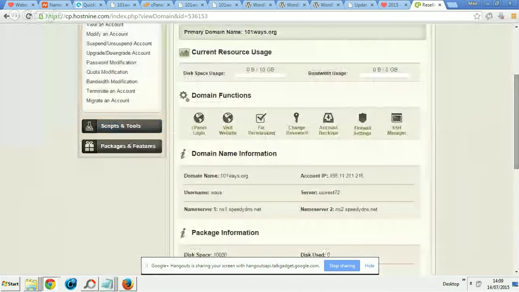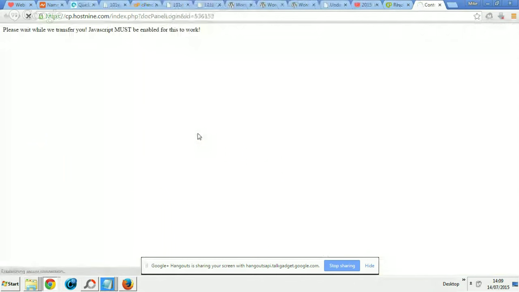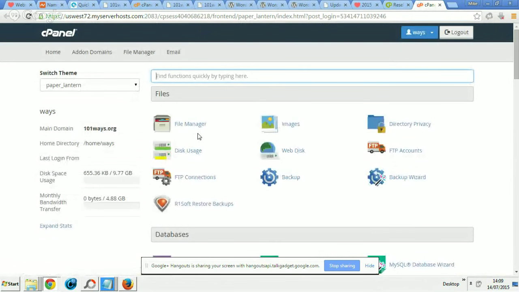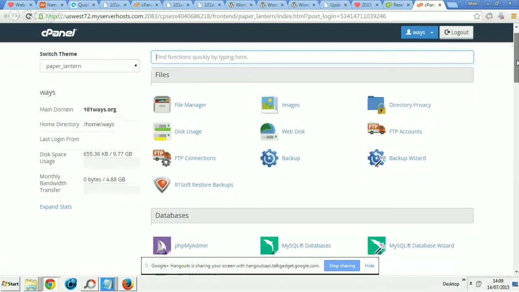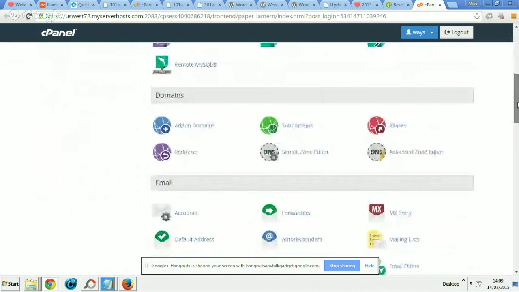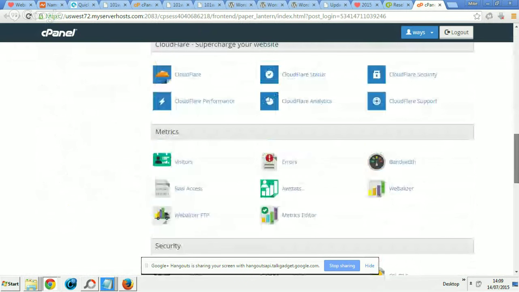And what I want to do now is go to my cPanel, which is as we did with HostGator, but this time it's slightly different. It looks slightly different, but it's effectively the same thing. It's a control panel, okay, and it's called 101 Ways, okay. And what I want to do is actually add in my